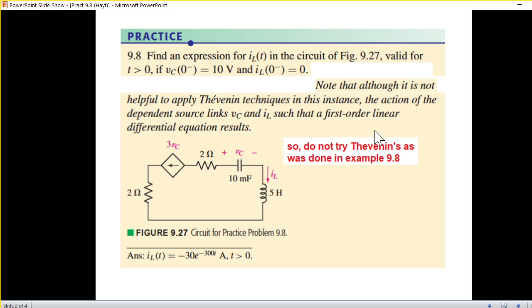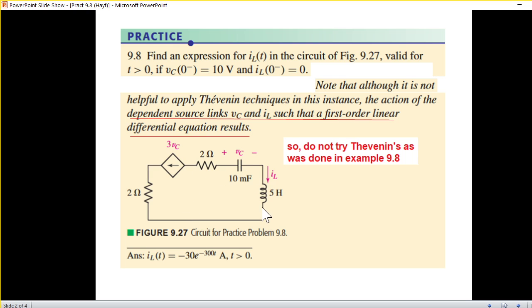The second part of the note is saying that the dependent source, this is the dependent source, links vC and iL such that a first order linear differential equation results. This is again very important since there are two energy sources. So logically there should be a second degree equation. But since he's saying that this will result in a first order linear differential equation, therefore we have to again not follow the formula given for the